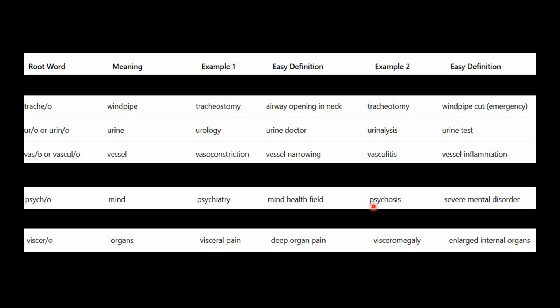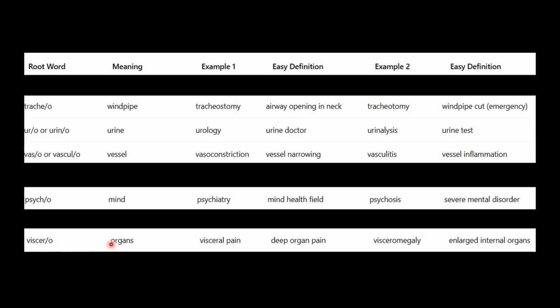Similarly, we have another example, that is psychosis. Psychosis means severe mental disorder. So if a patient is suffering from a severe mental disorder, then in that case we can use the terminology psychosis, which is composed of the root word psyche or psycho. Clear? Now the next thing we have is viscer